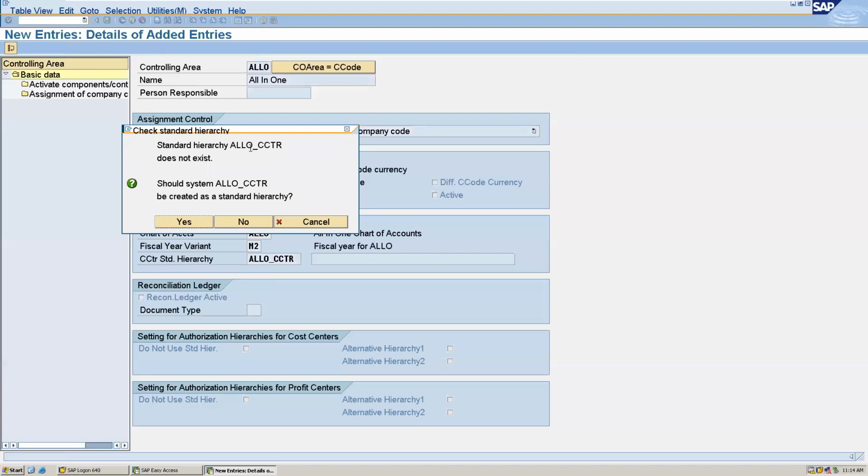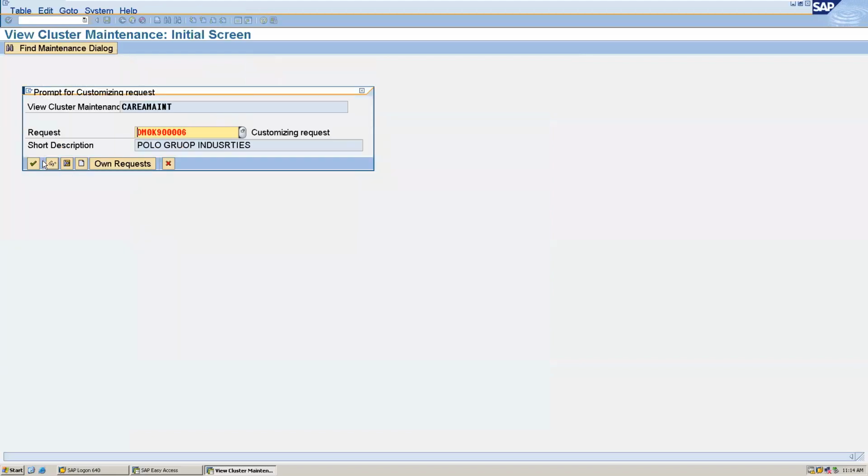You can see here standard hierarchy ALLO_CCTR does not exist. Should the system create it as a standard hierarchy? So we have to give yes. Okay, so the controlling area has been created.